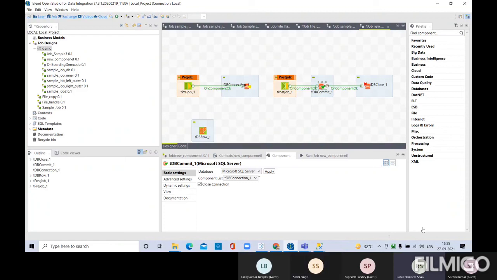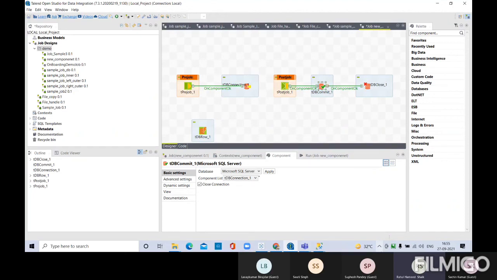DDL is data definition language, which has create, drop, alter. When it comes to DML, you have insert, delete, update, truncate. These statements or queries come under DML.